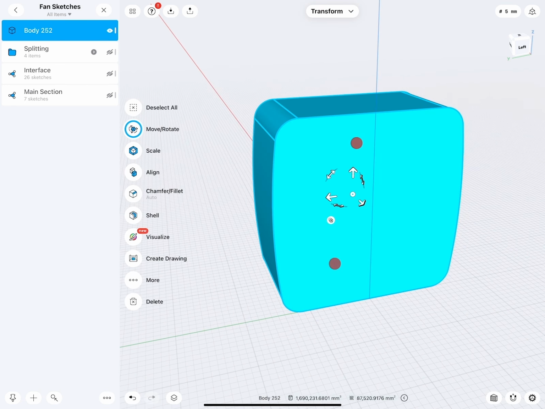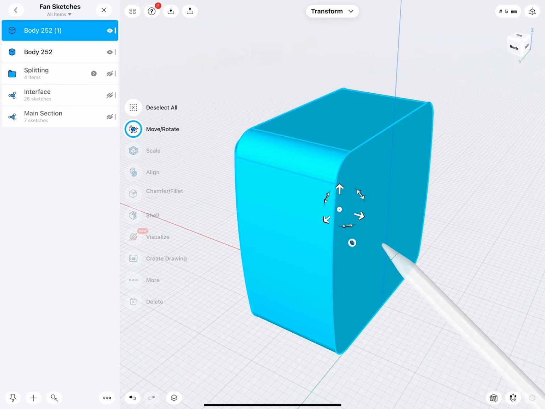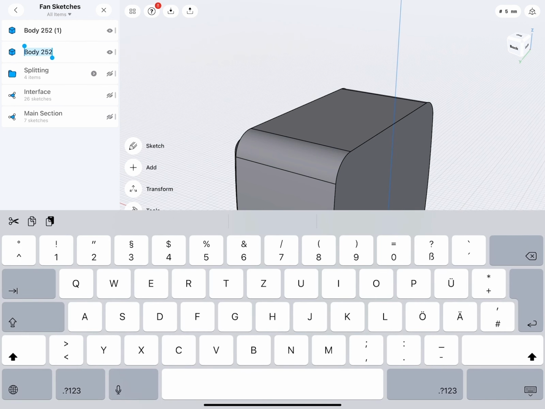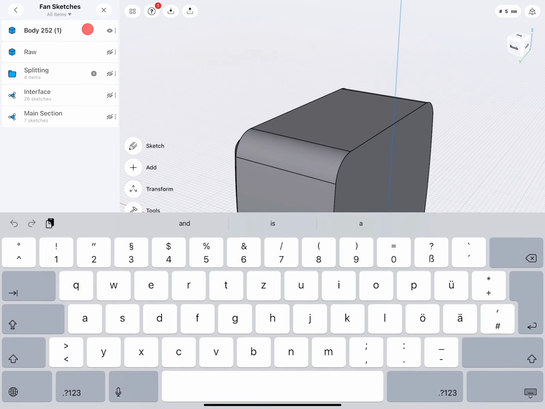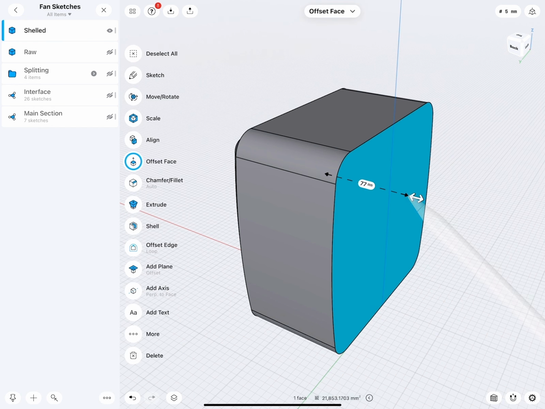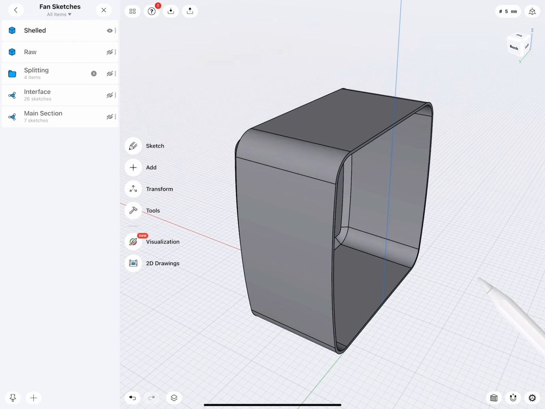I will make a copy. Simply do not move this, so it makes a copy on the point. We can call this one raw. This is my first building block. And then this I can call shelled, because now we can select this copy and take a look at it. How will this look when we shell this?